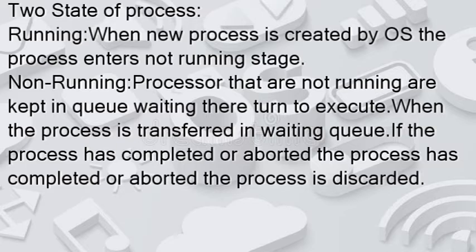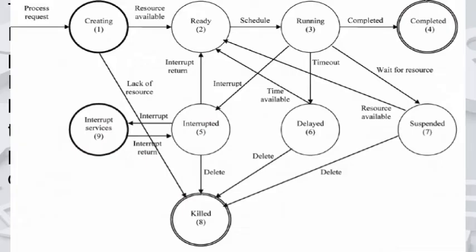When a process is interrupted, that process is transferred into the waiting queue. If the process has completed or aborted, it is discarded. In either case, the dispatcher then selects a process from a queue to execute. So now, to make this very clear, as you can see in the diagram, first of all I have